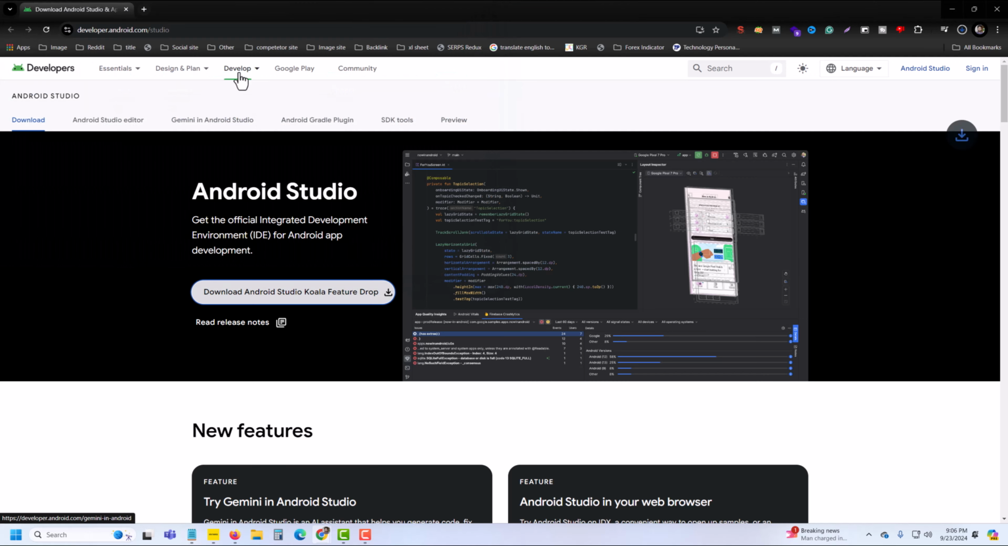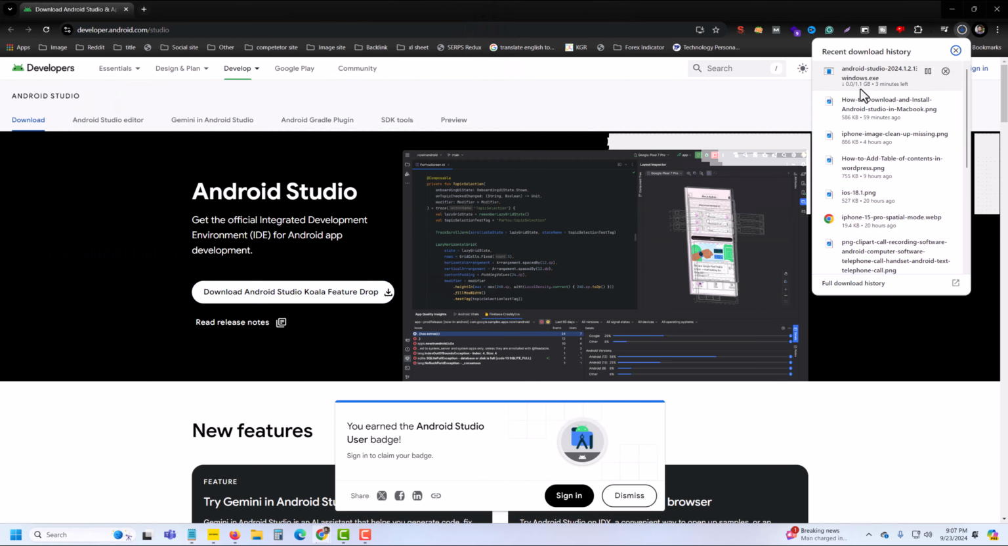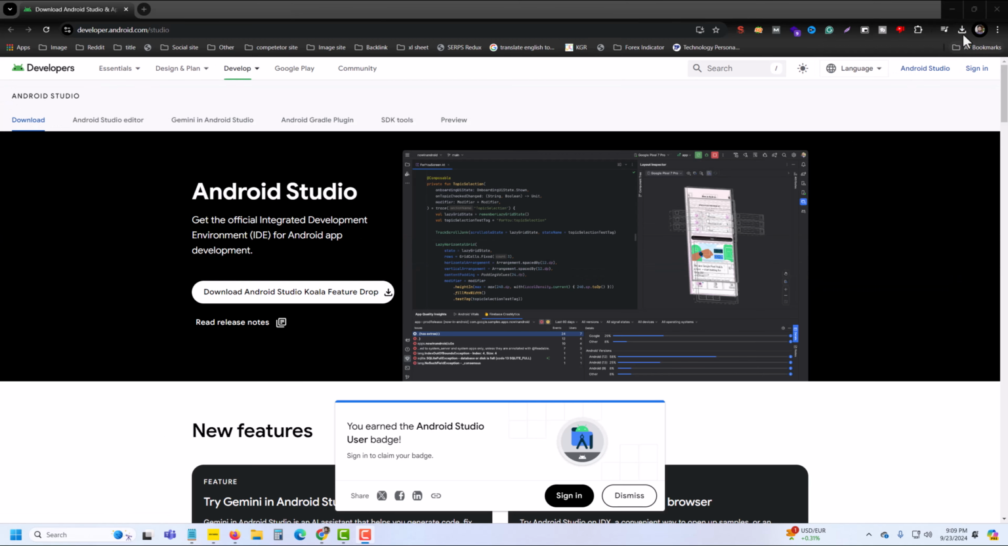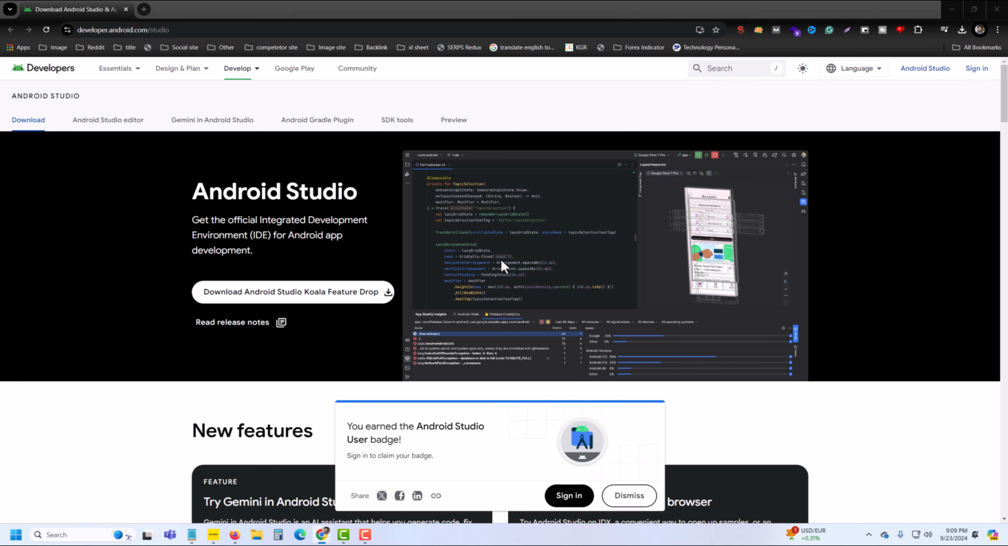Now you have to save it on your PC, and it's now 1.1 GB, so you have to wait to complete the download. Once the download is complete, you have to double click on your apps, and now you have to press on yes,